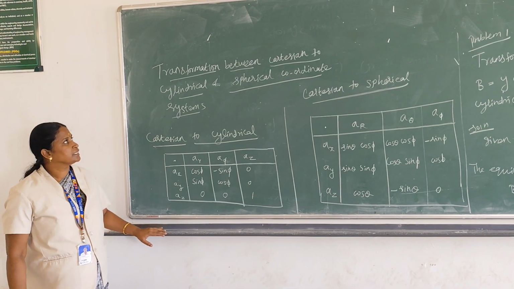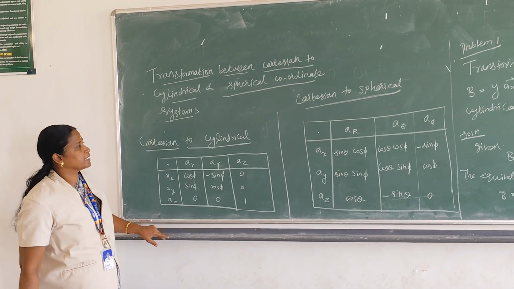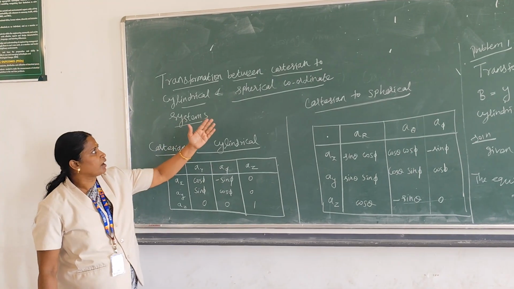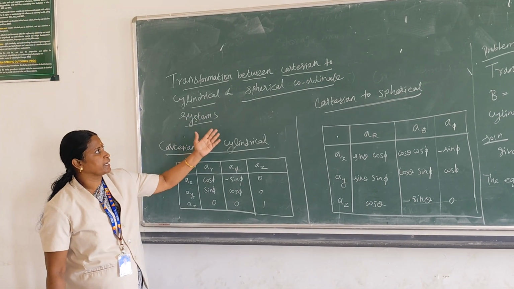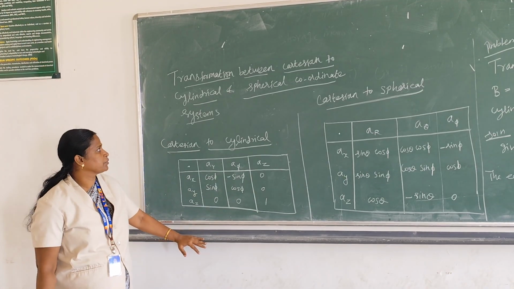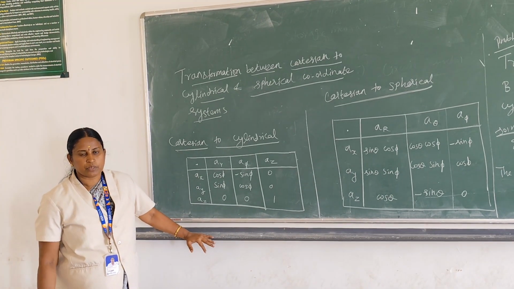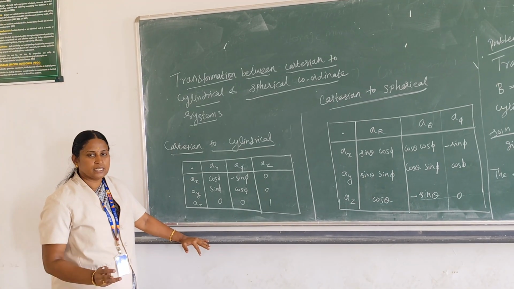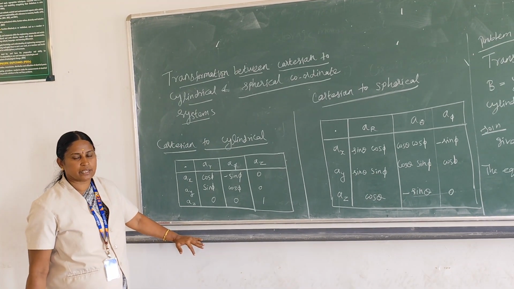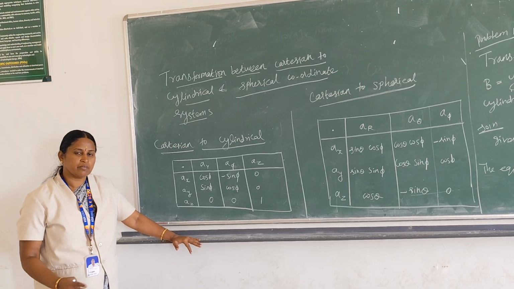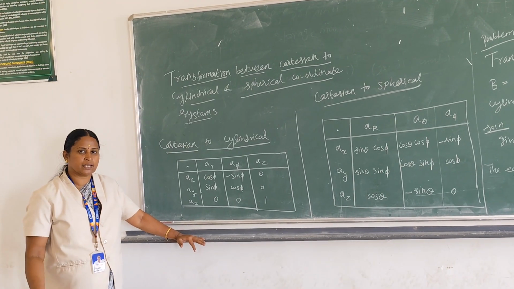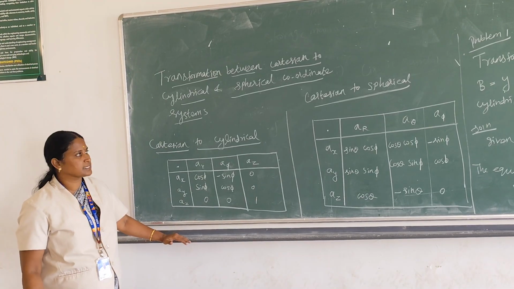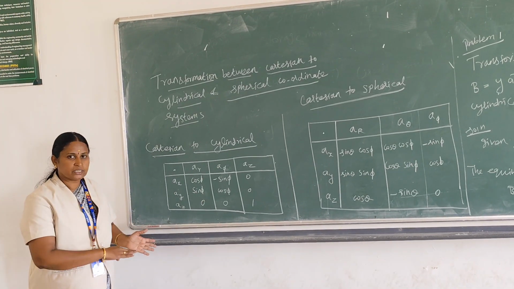Good morning students. In this class, let us discuss the transformation between Cartesian to cylindrical and spherical coordinate vectors. There are three types of coordinate system, we all know that: Cartesian coordinates, spherical coordinates and cylindrical coordinates. We have already discussed the basic conversion things, and in today's class let us discuss how the Cartesian